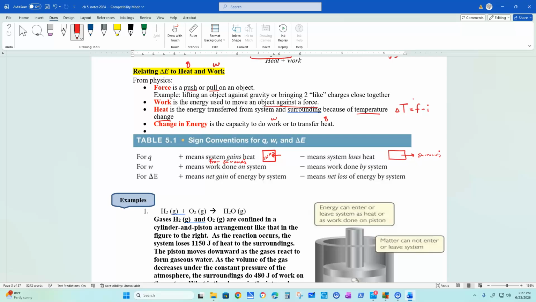If your W is positive, that means you did work on the system. Same thing, your arrow would be coming in. And if work is done by the system on the surroundings, same thing, your arrow's going out. When you add these two values together, if your answer is still positive, that means the reaction had a net gain in energy. The system had a net gain. But if in the end your answer is negative, nothing wrong with that. That means you had a net loss in your system.